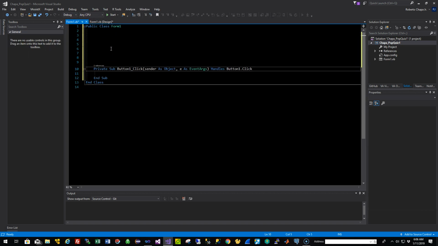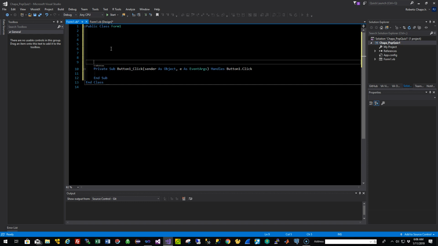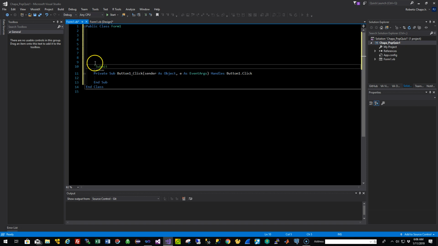We're going to push that to the bottom. I like to put my event handlers at the bottom. I also like to comment them, because as you build things, you're going to have different event handlers, and you want to make sure that you always know what they do. All right,